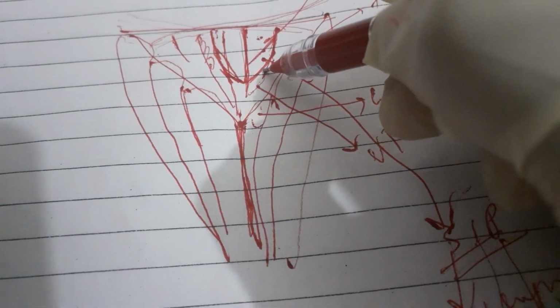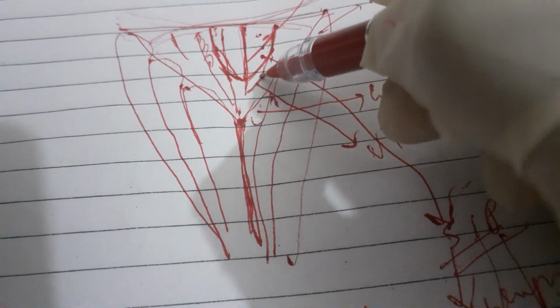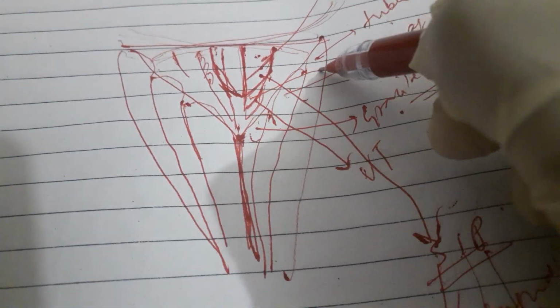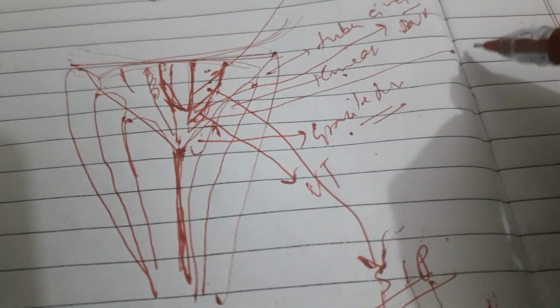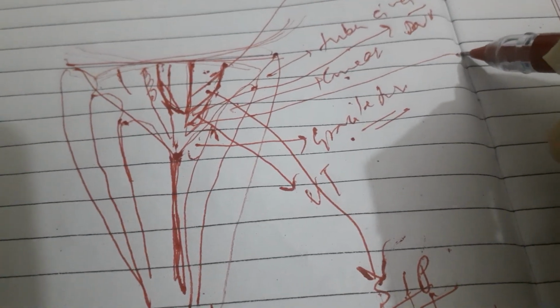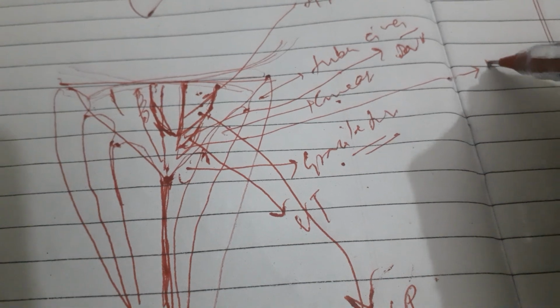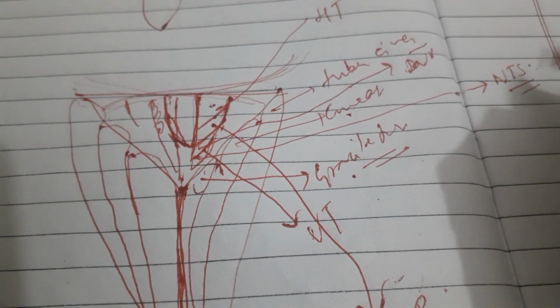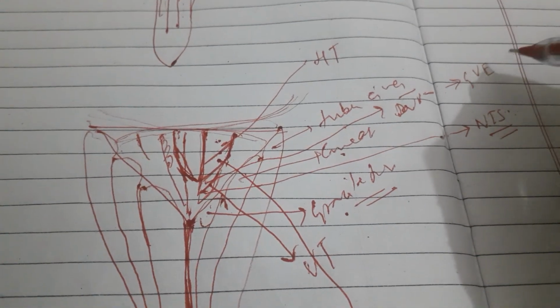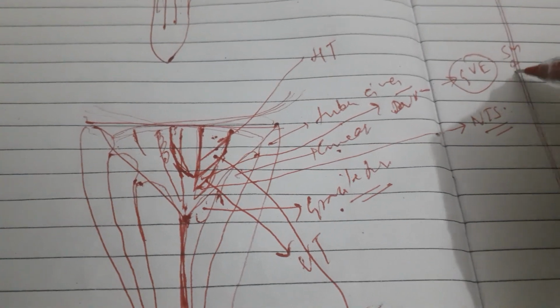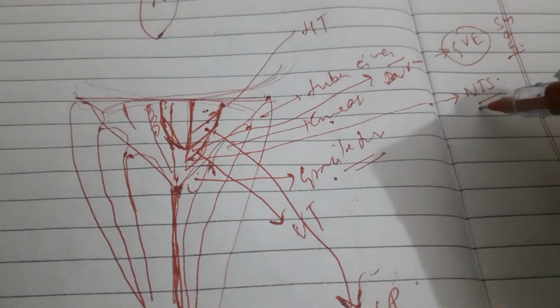Again it is divided into two areas by the funiculus separations. Okay, here medially underneath lies the dorsal nucleus of vagus, and laterally beneath the funiculus separations lies the nucleus tractus solitarius. The dorsal nucleus of vagus gives general visceral efferent to the smooth muscle and gland, whereas the nucleus tractus solitarius,